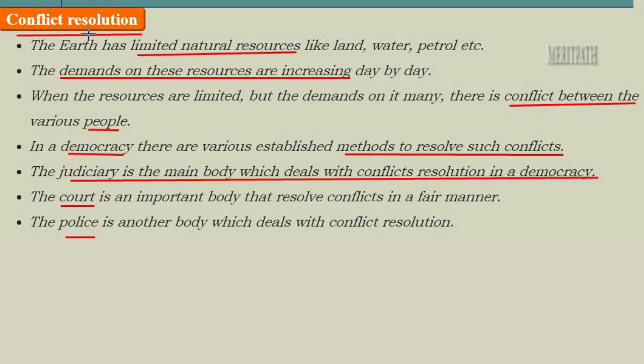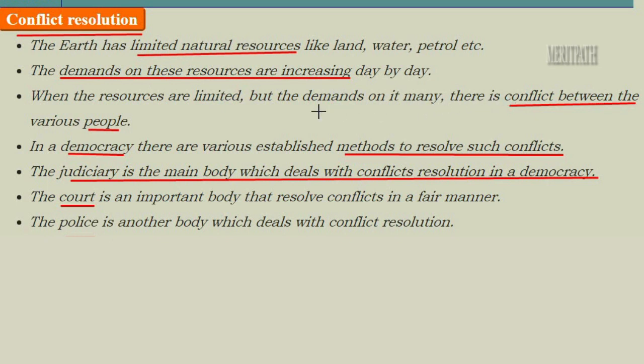That means solving any problems or issues faced by the public. Mother earth has limited natural resources. Natural resources means freely available resources like land, water and petrol. The demand for these resources is also increasing day by day. Everybody is aware of that. The population is increasing and the demand for resources is also increasing. But since these resources are limited, while the demand is increasing,